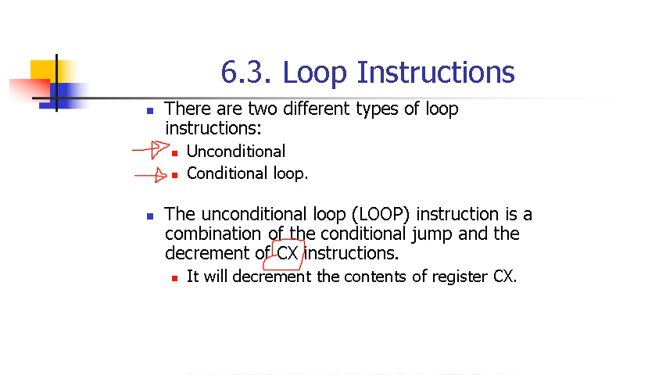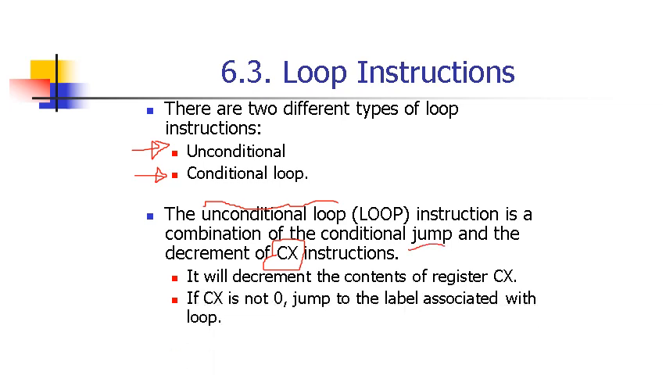So your unconditional looping looks like an unconditional jump, and at the same time it's checking the value inside CX. So you loop unconditionally a certain number of times. This number of times is placed in